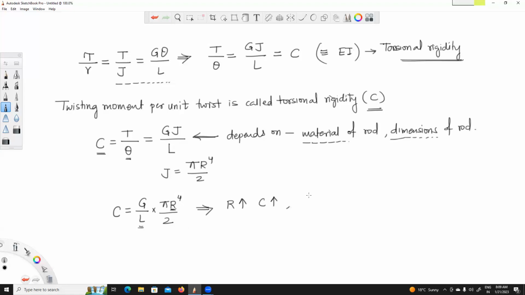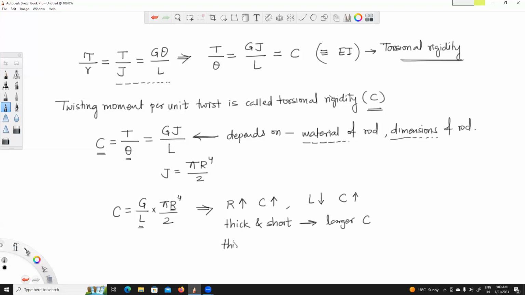Similarly, if your rod has small length, then also your C would be more. So R is more, we can call these rods thick, and L is less, we can call them short. Then these rods will have larger torsional rigidity. So thick and short rods have larger torsional rigidity,